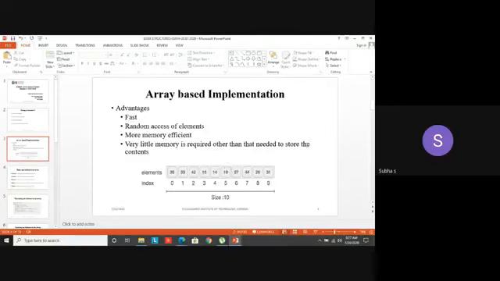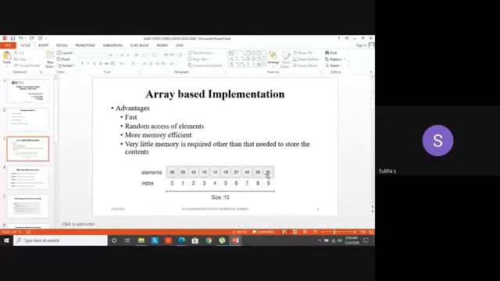Suppose, for example, I want to delete the element 19. So its index is what? 5. You have to specify that index. It will be removed. 19 will be removed. So 27 will come to this position, 44 will come to the previous position, 26 will come to the previous position, and 31 will come to A of 8. Why? Because you are reducing the size. You are shrinking the size of the array. Now the array size is 10. After removing that number 19, the array size becomes 9. Yes, so this thing you have to remember.